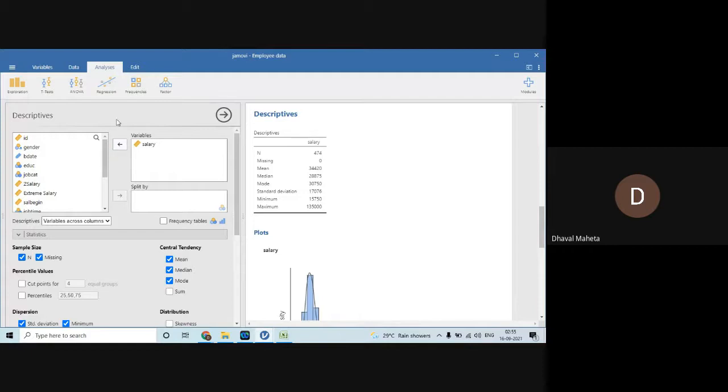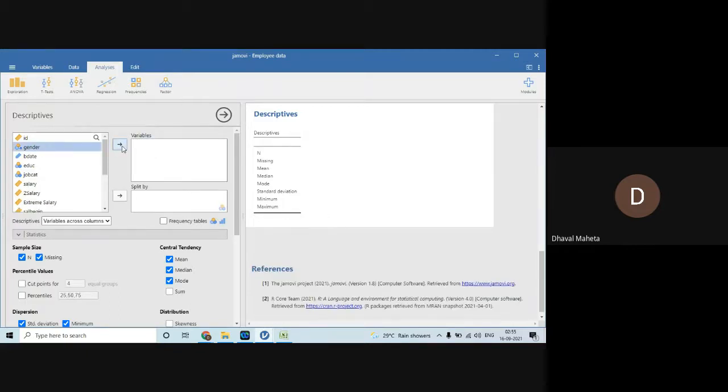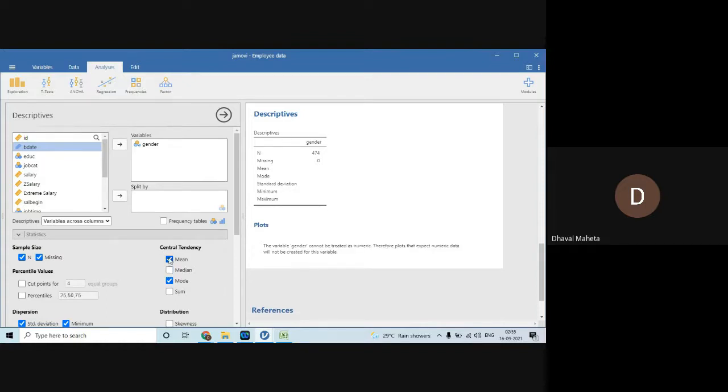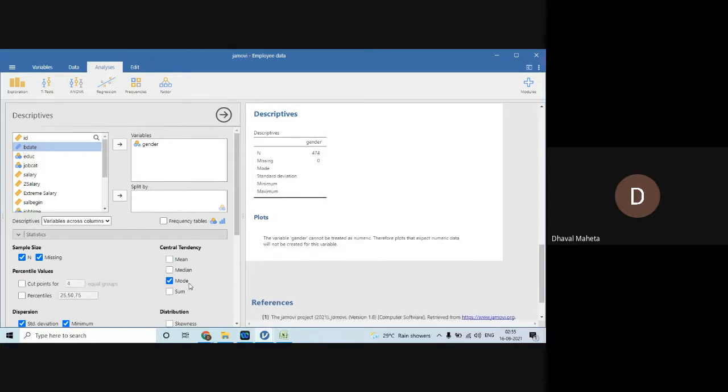Suppose my data is gender. See, as gender is a categorical variable, it will not compute mean and median. Right, but it is not computing mode also. Why is it not computing mode?